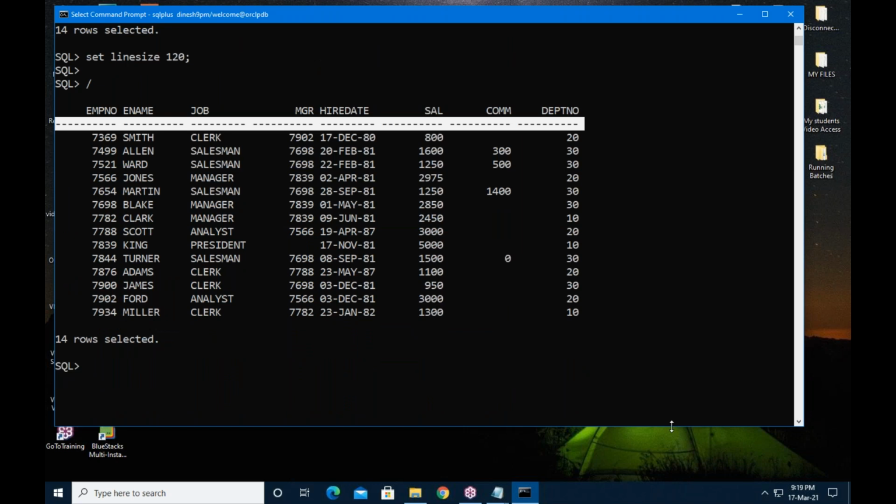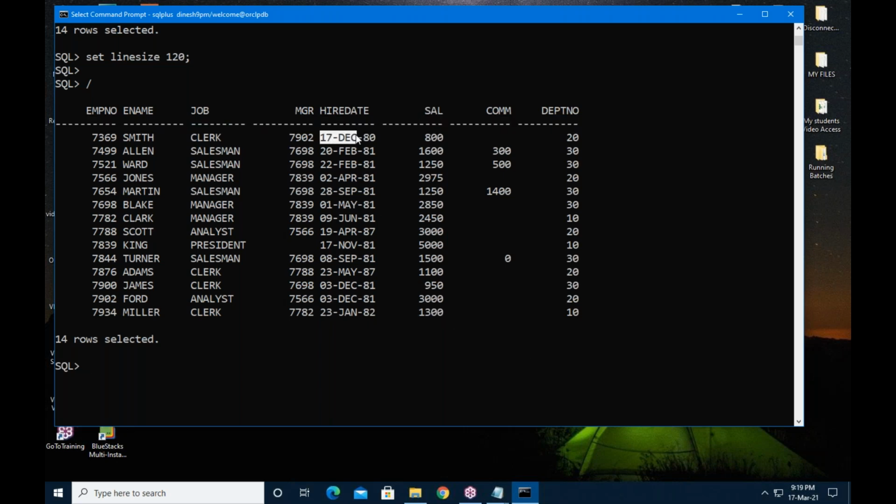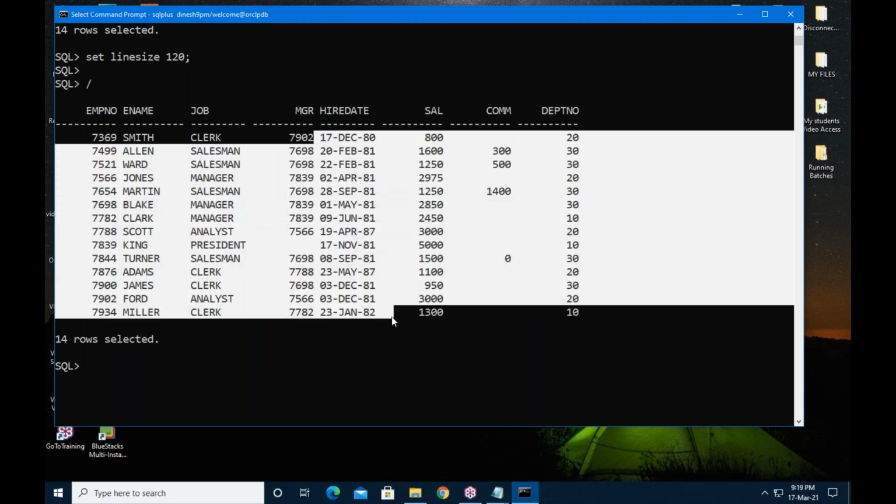Let me tell you one more important point. Sir, why are you considering this table? Already we have EMP, right? There is a reason. See, here some people joined in 1980, 1981, 1987. All these people are old employees, guys.